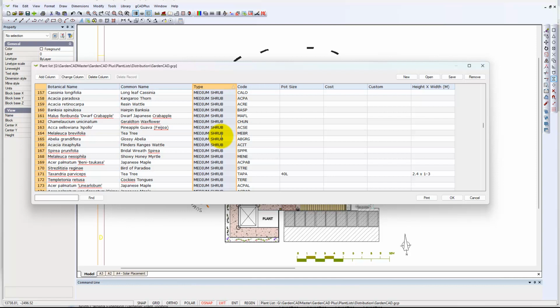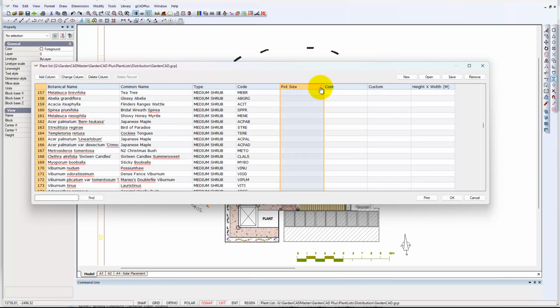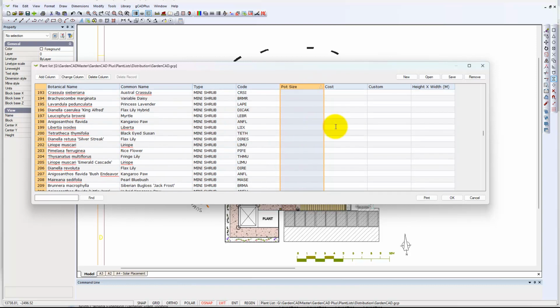I always use the first two characters of the generic name and then the first two characters of the common name. But you can add things like height, your estimate of height and width, a custom column if you want, pot size. So I presume now there are some entries in here that if we sort